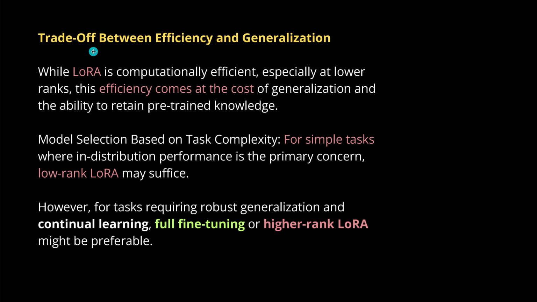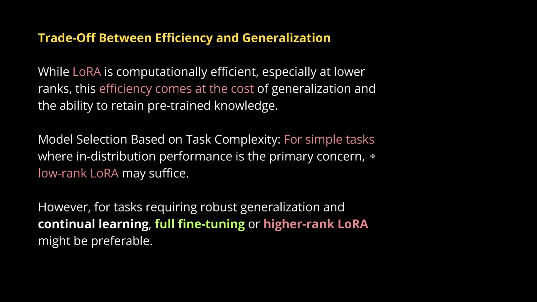Because there's, of course, a trade-off if we do an approximation between a specific task efficiency and a generalization. So, while LoRA is beautifully computationally efficient for a very narrow task that it is fine-tuned on, especially if we go to low LoRA ranks, this efficiency comes, of course, at a cost of generalization and the ability to retain the pre-trained knowledge. So this means now for simple tasks where the in-distribution performance is the primary concern, we have one